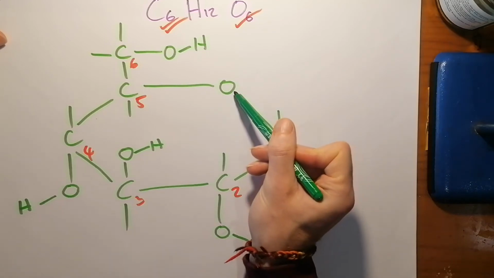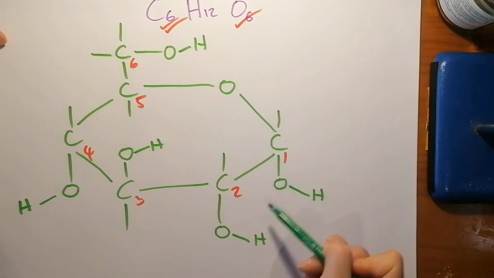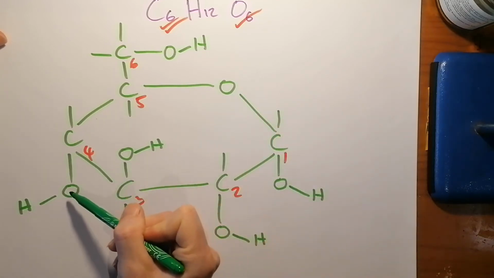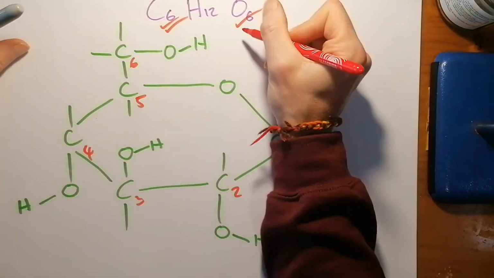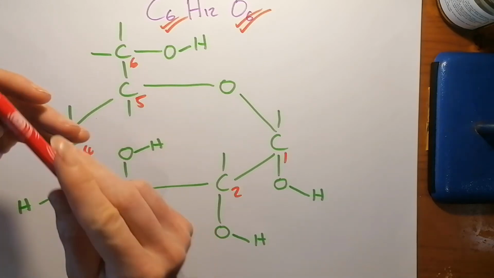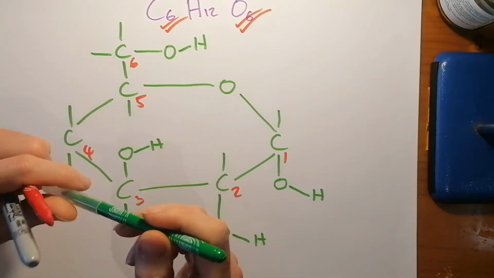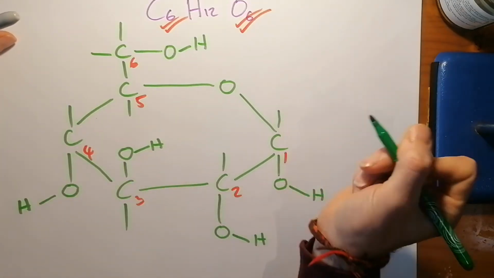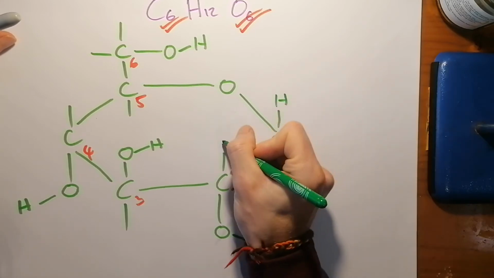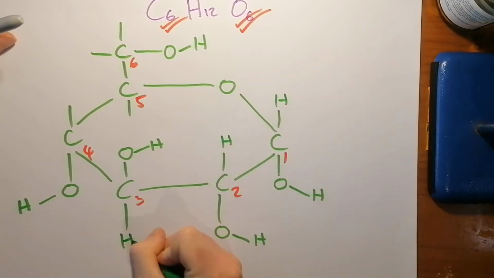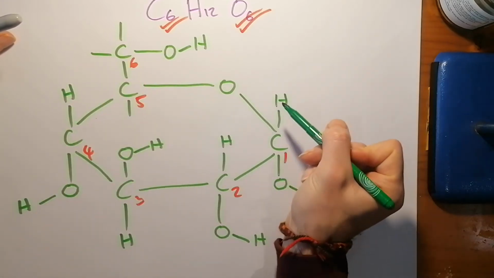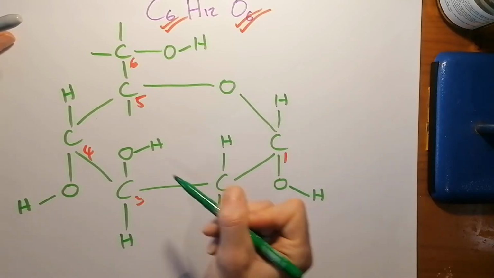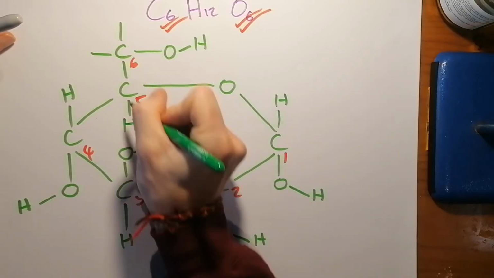So this oxygen has 2 bonds, and so does every other oxygen, so we've finished our oxygens. Okay. Now let's finish off the hydrogens. Hydrogens only need 1 bond, so what you do is you just surround things with hydrogen. If we're talking about fats, this is called saturating things with hydrogen. So now this hydrogen's got 1 bond, there's a hydrogen here, 2 hydrogens here, and